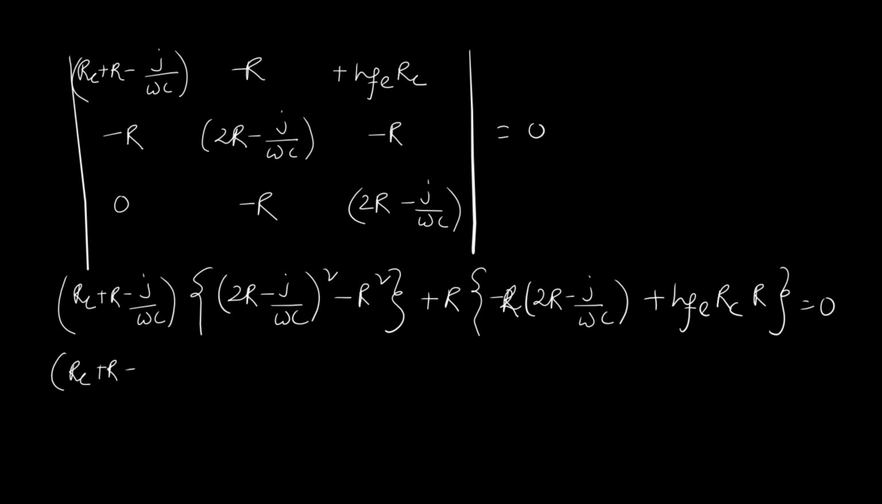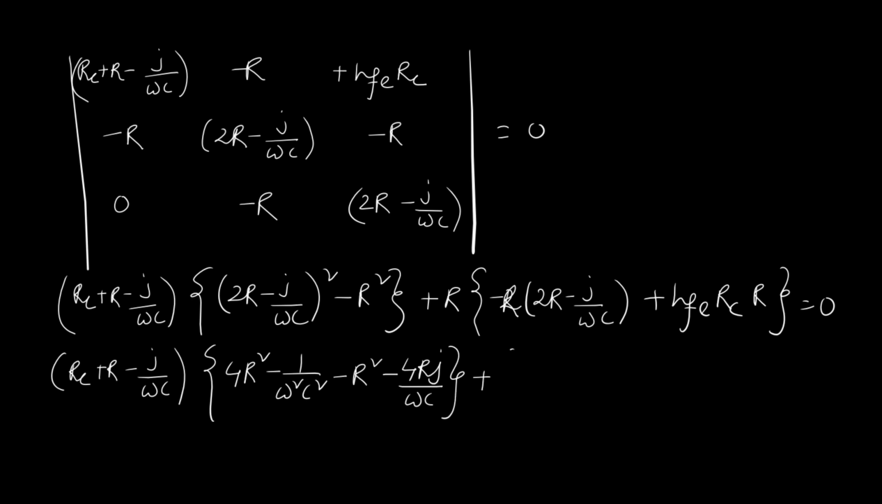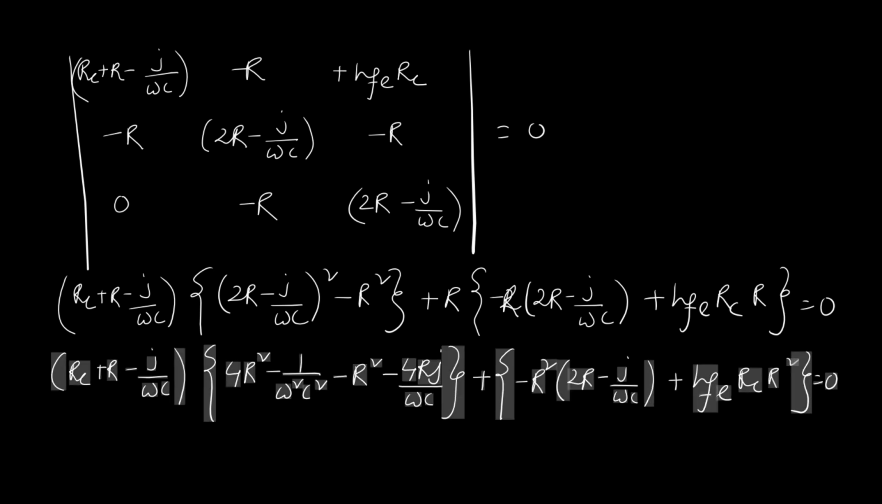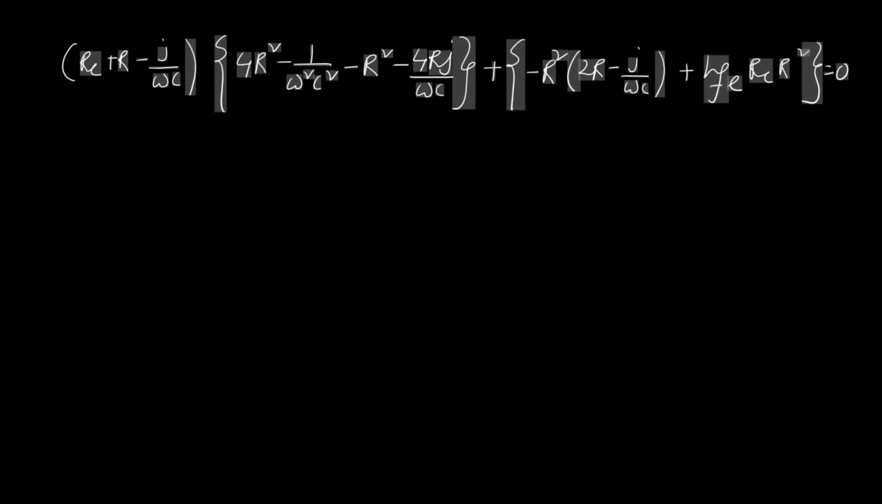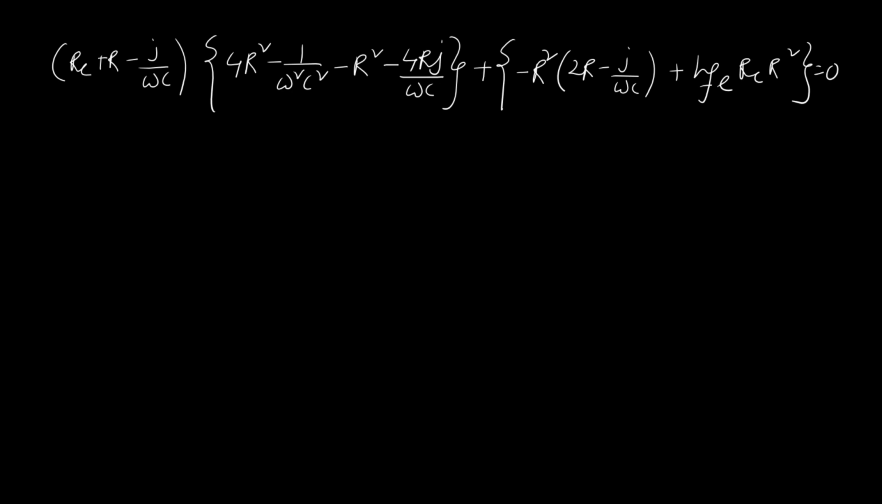RC plus R minus J by omega C, into 4R square minus 1 by omega square C square minus R square minus 4RJ by omega C, plus minus R square, 2R minus J by omega C, plus HFE RC R square. Now multiply this equation. You can get